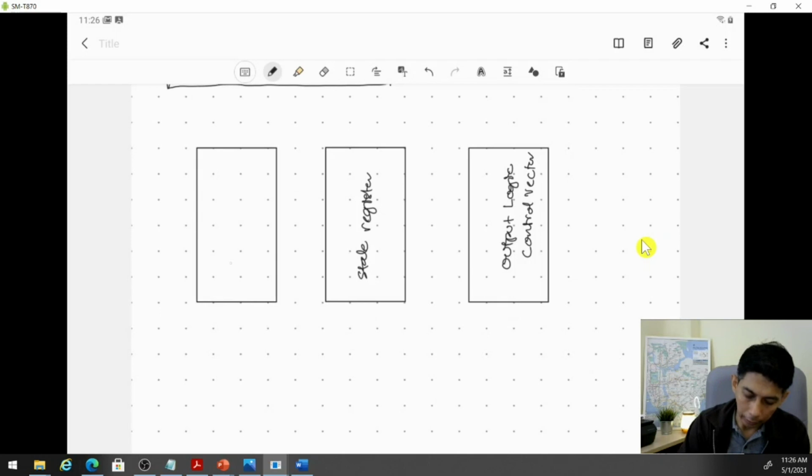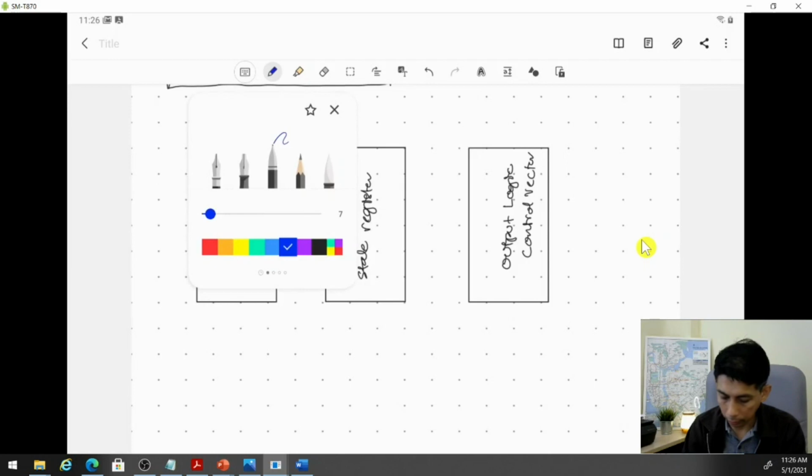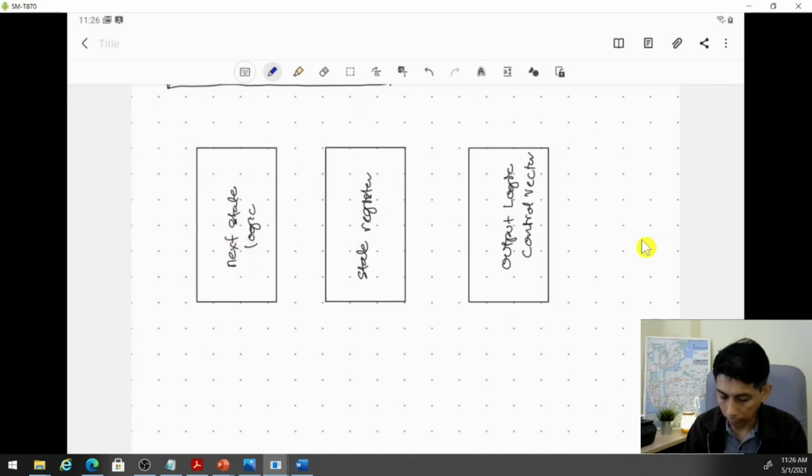And this one is the next state logic. All right, and the connection between these 3 blocks is like this. So we have D flip-flops, right? So the connection is like this. The output from the next state logic will be the input for this,